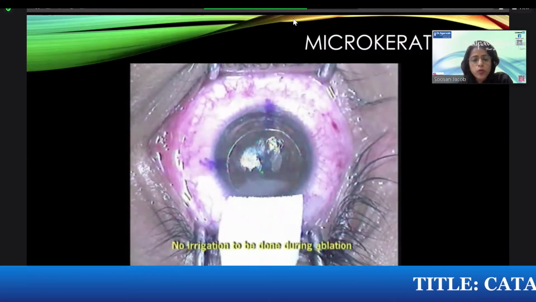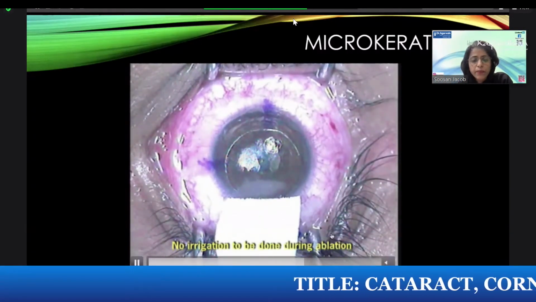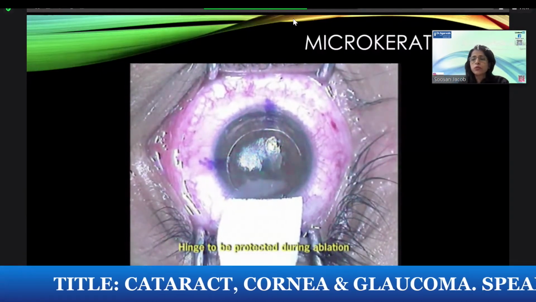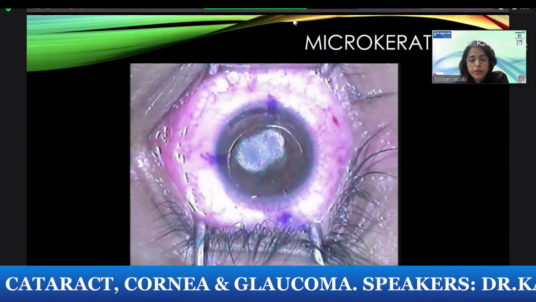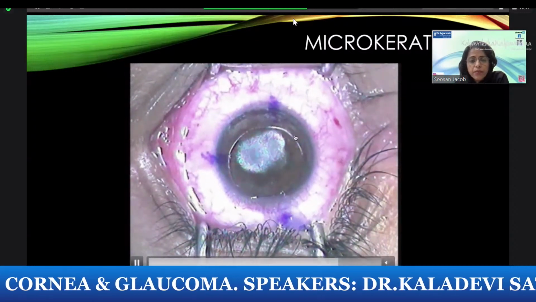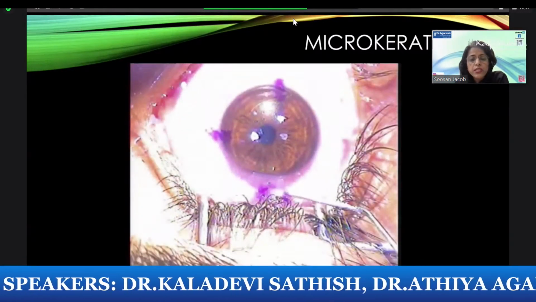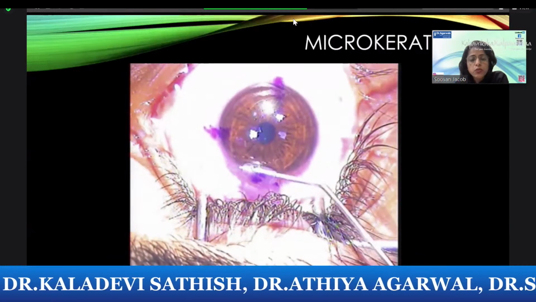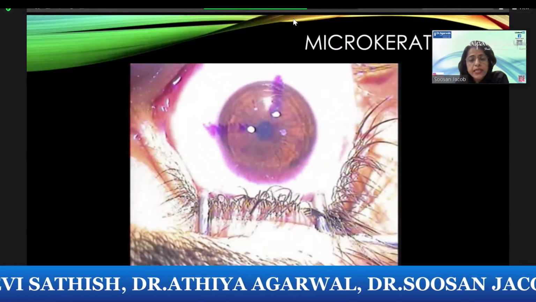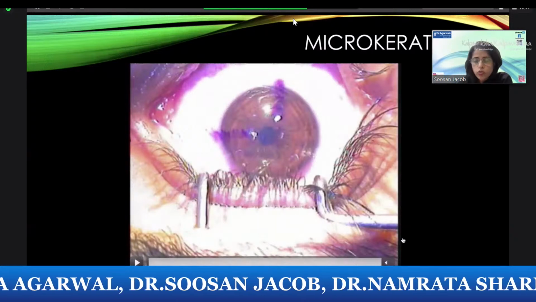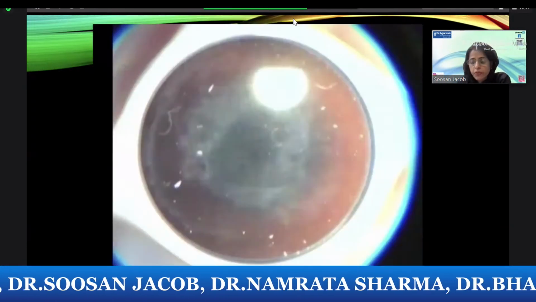This flap has got stroma also, unlike epiLASIK, which has only epithelium. So you've got an epithelial and stromal flap, and the flap generally is confined to up to 110 microns thickness. This flap, after excimer laser ablation is done, is replaced. And obviously it's a flap, so there is a danger of displacement, striae forming and things like that can happen. Thinner flaps have advantages, but then they also have sometimes disadvantages, and that's basically a